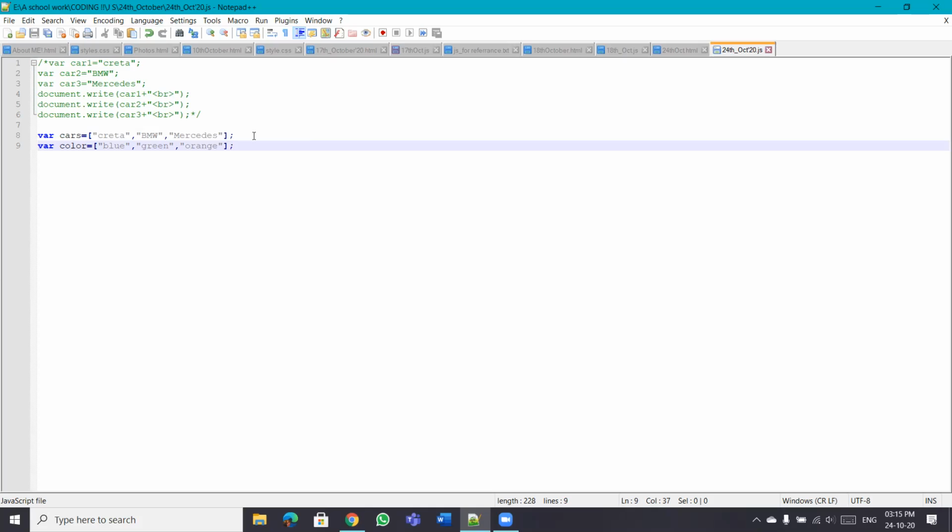Okay, so what you have done, you have declared two arrays. One is cars, second one is colors. Now let's try to print these. So again, document.write.